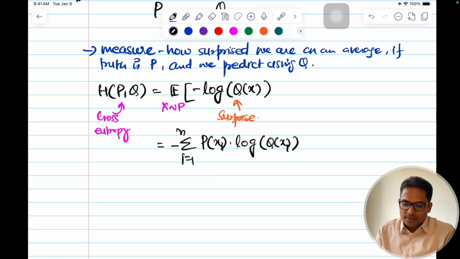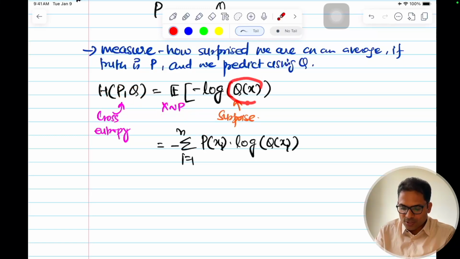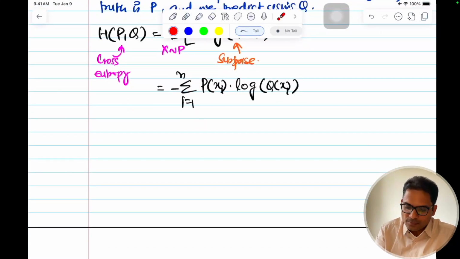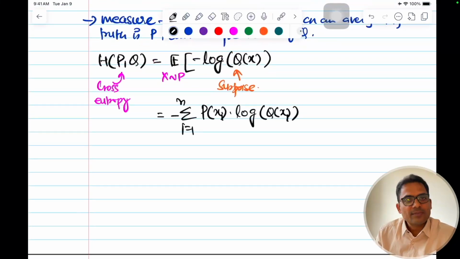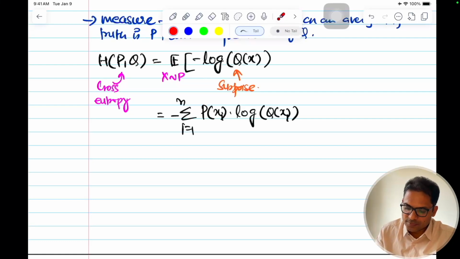This is your cross entropy. In terms of entropy, this is how we write it: entropy of P when we measure it using Q. The underlying distribution is P, but I am measuring it using Q. So the surprise will come from Q, and the probabilities will come from P, the probability of all the individual events in the distribution, the random event. Let me give you an example to understand this. I hope the definition is clear. This is your cross entropy formula.